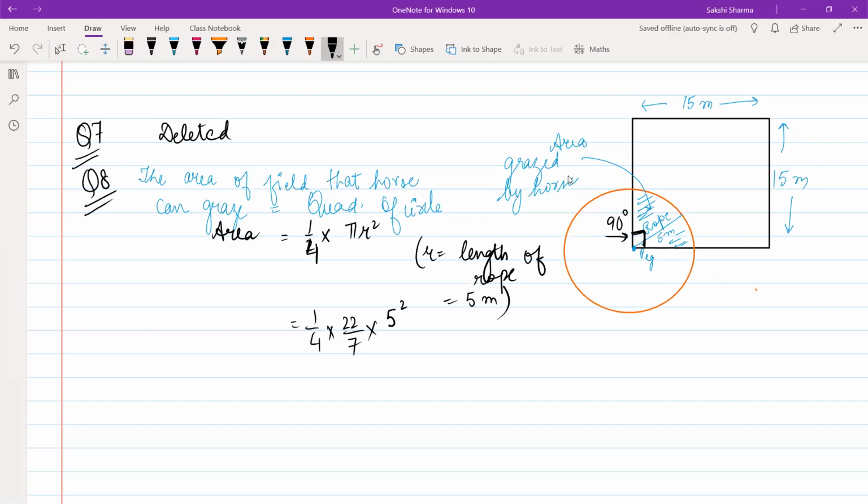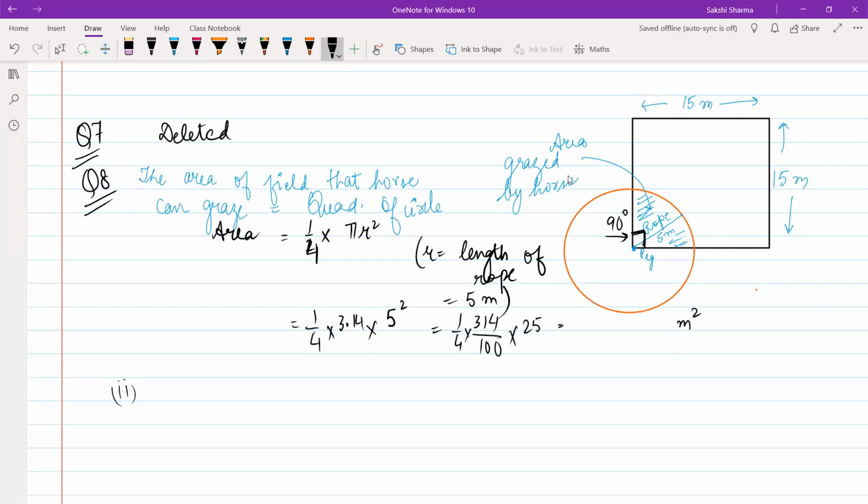Ma'am, pi की value question number, yes, 3.14. It's given as 3.14. Although it's indicated with the second part, we'll be using the same here. It will just help us work out your answer. So this will be 1 by 4 times 314 over 100 into 25. So it doesn't help in any way. You can cancel, you will get the answer as a fraction. Simplify and obtain the answer. The answer will be in meter squares this time.